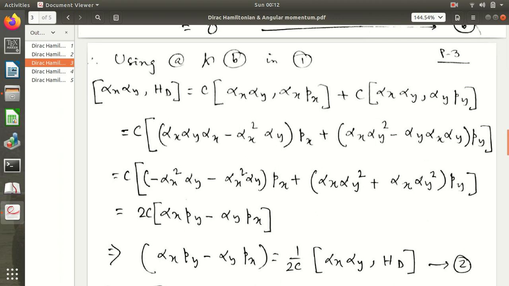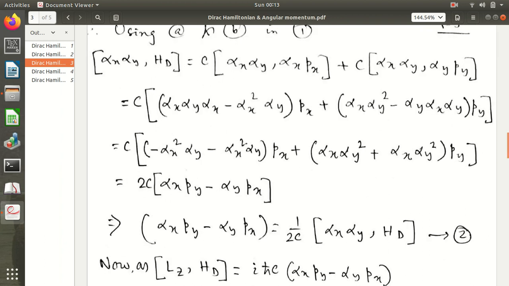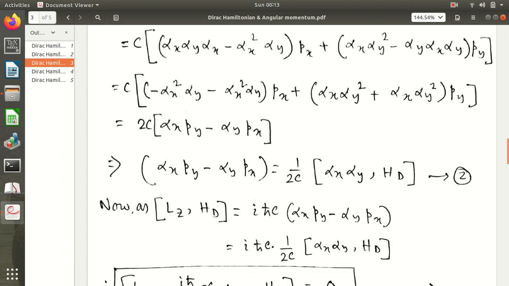Your px will not be disturbed, because px has no dependence on alpha x and alpha y. So you can involve it or you can ignore it. Your results will be unchanged. So here px, and in the second expression it is py, they will not be changed. C is taken common and it is put out of the third bracket. And so finally if you do the calculation, it comes out to be 2c times (alpha x py minus alpha y px). Now this is a very interesting